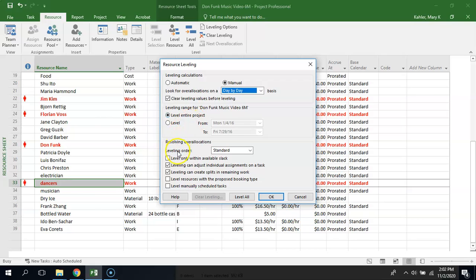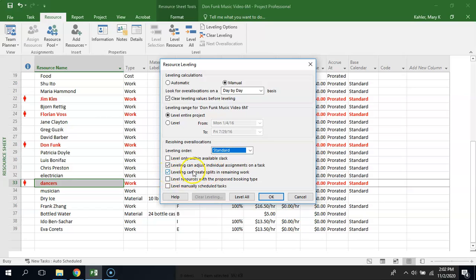And then down here, leveling order is going to remain standard. We're just going to keep it that way, and we want to make sure that Level only within available slack is unchecked. We want to keep Leveling can adjust individual assignments on a task checked, and